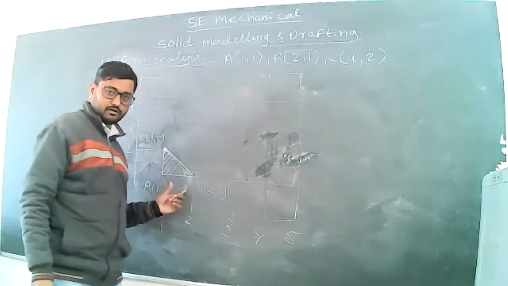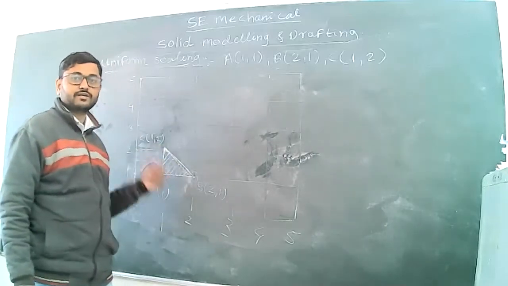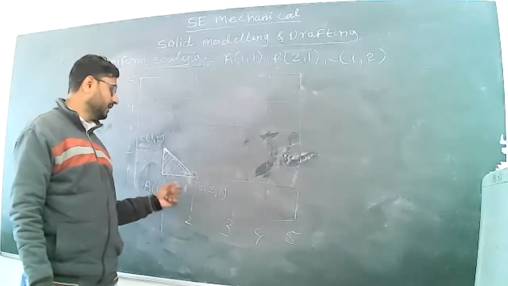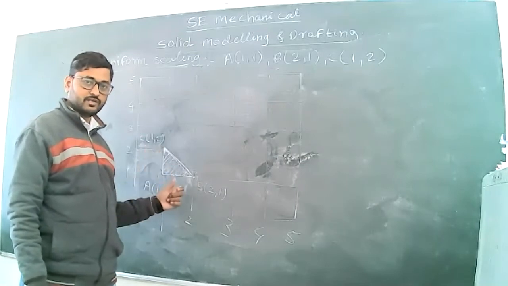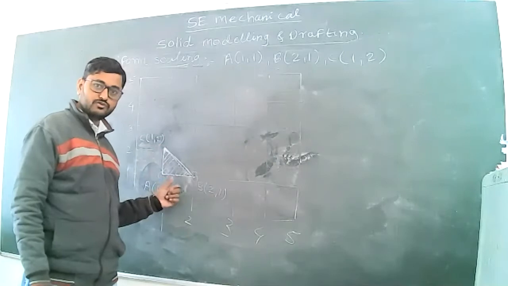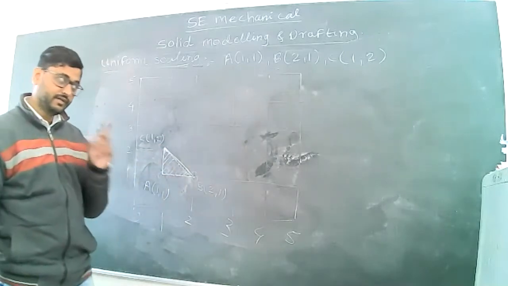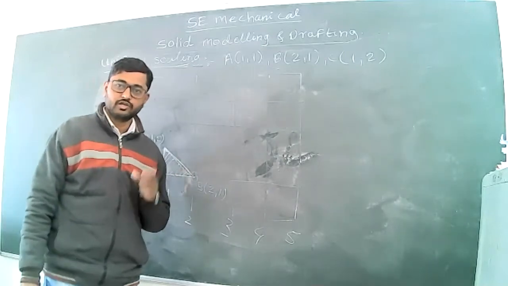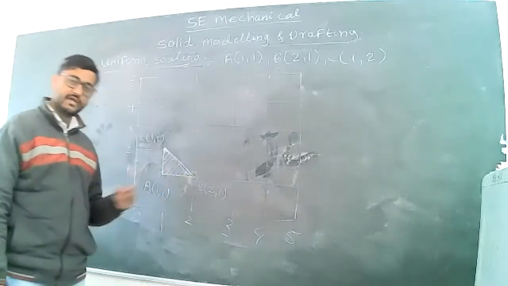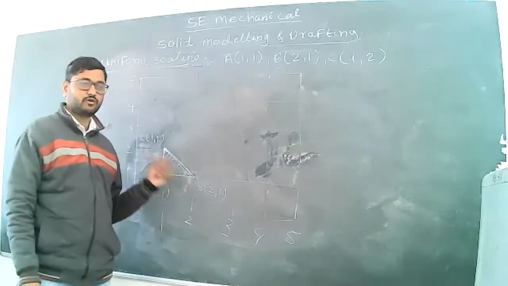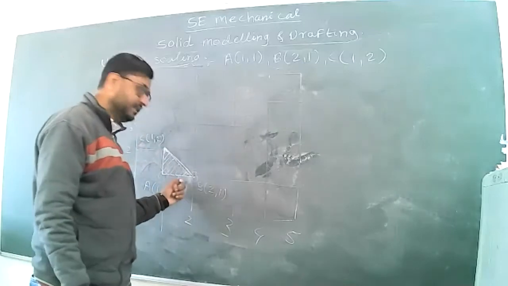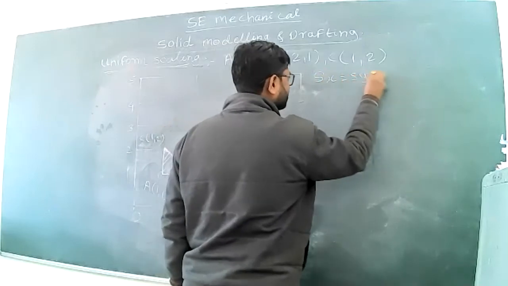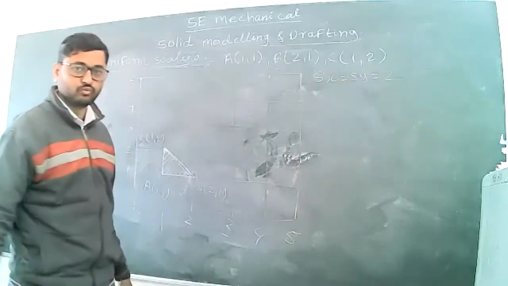We have to alter this object by using scaling. Means either we have to increase the size of the object or we have to decrease the size of the object. And we know that if the values of Sx and Sy are greater than 1, then it increases the size of the object. Or if the values of Sx and Sy are less than 1, it decreases the size of the object. So here, in this case, we have to consider the scaling factors Sx and Sy equal to 2.